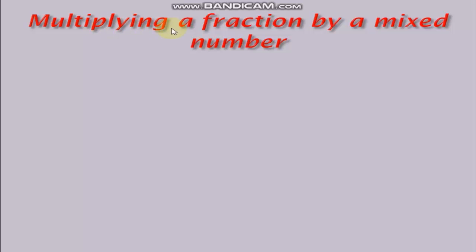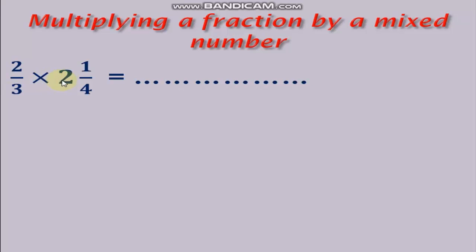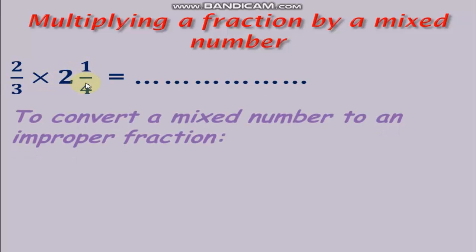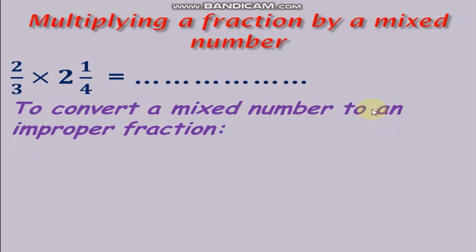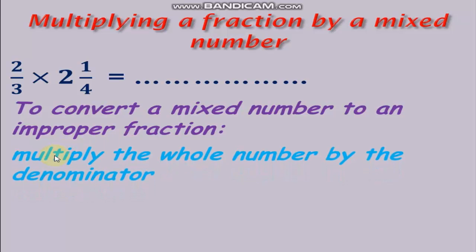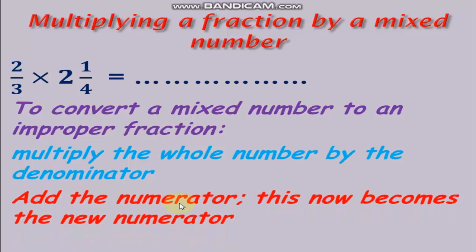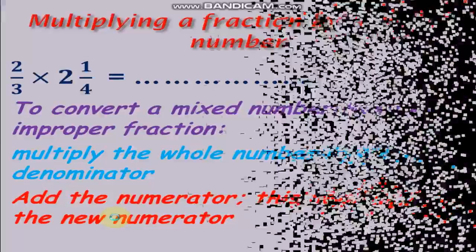Second, multiplying a fraction by a mixed number. 2 over 3 times 2 and 1 over 4. To convert a mixed number to an improper fraction, multiply the whole number by the denominator. Add 1 to the numerator. This now becomes the new numerator. For example,